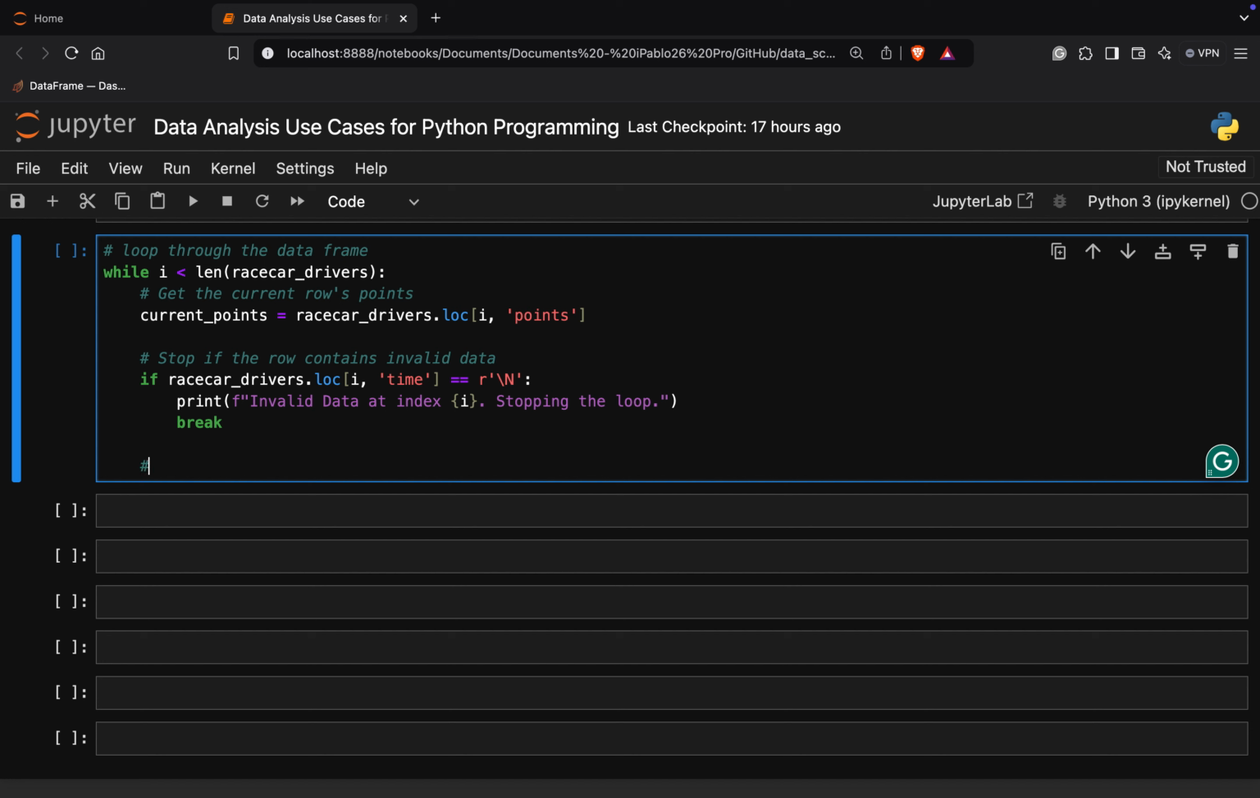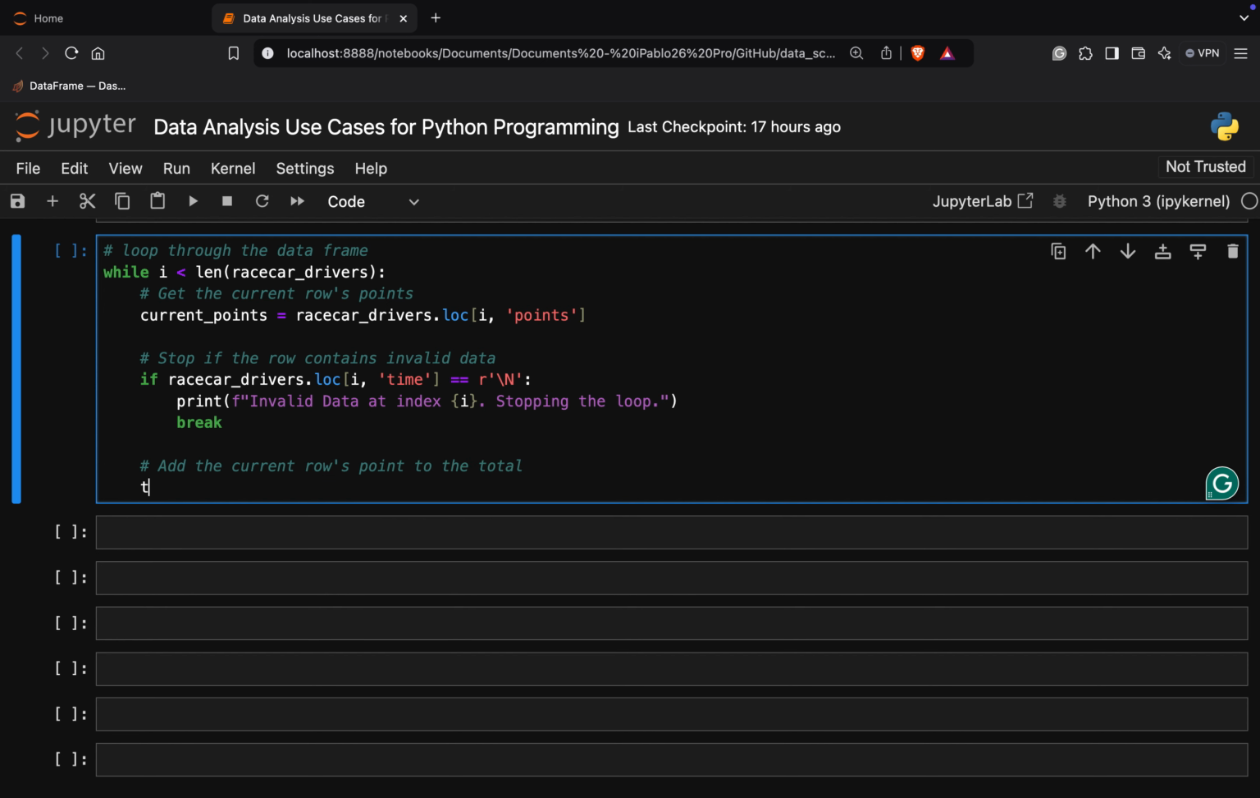So now I am going to go forward and add the current row's point to the total. So I'm going to call this total, not call this, we already have total points. So again, remember, plus equal to, so we prevent the infinite loop, right? And then we have our current points,